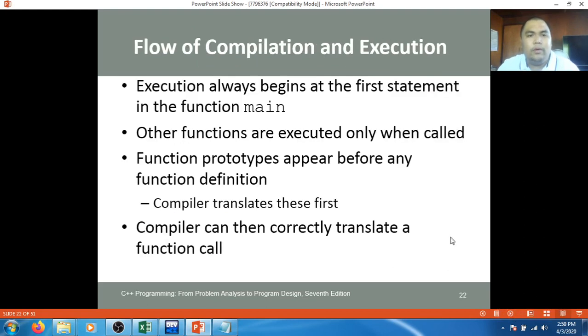Okay. So here is the flow of compilation and execution. How does really a